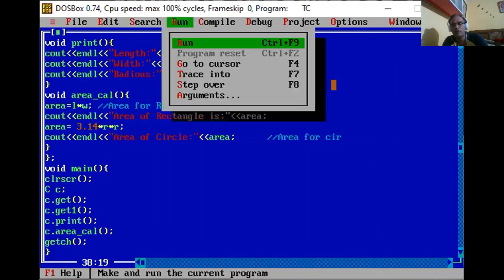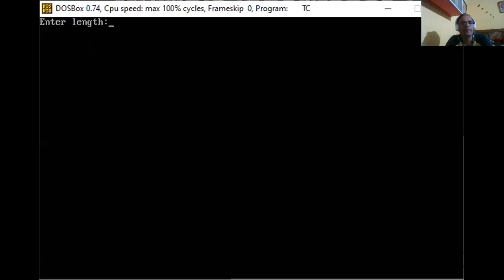So let's run this program. Enter length. Suppose we enter length 12, width. Suppose we enter width 2.4. Enter radius, and suppose we enter radius 5.